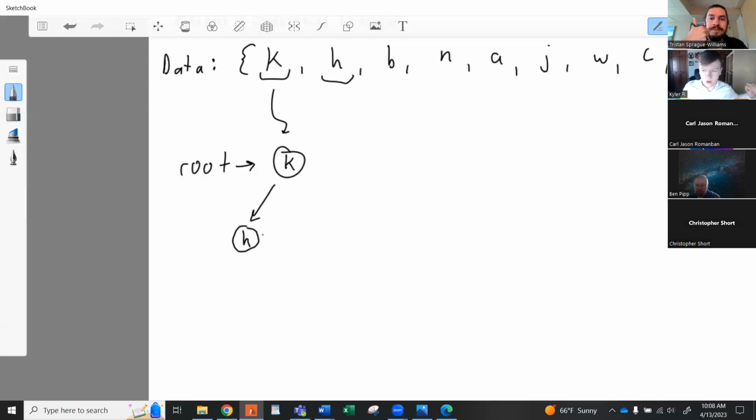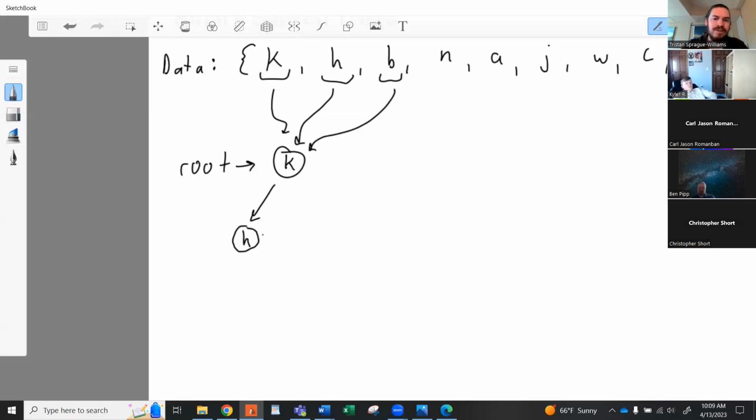Make sense? Then we read the next element in our stream. We have a B. You always start at the root. You always begin at the root. The root is like our access point for the data structure. We access it from the root, but the root is already full, right? The root has an element stored in it. That's called the key for that node. The key is the piece of data which is assigned to that node in the tree